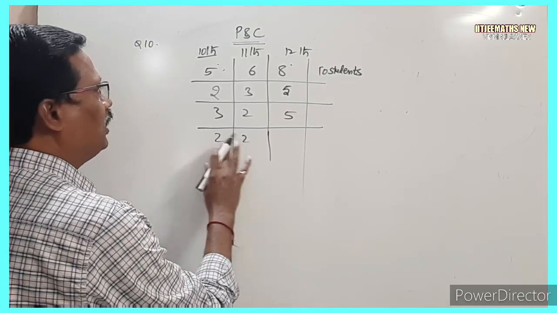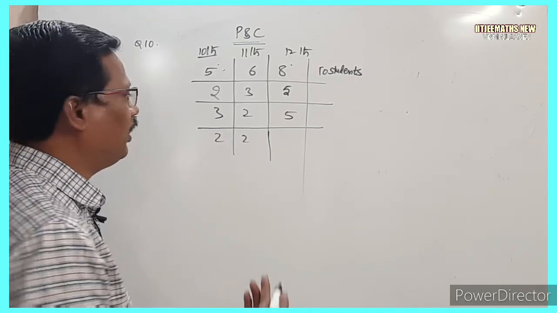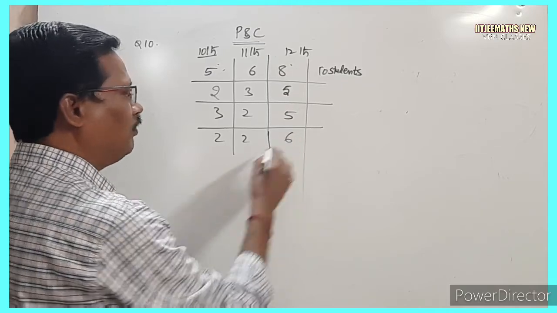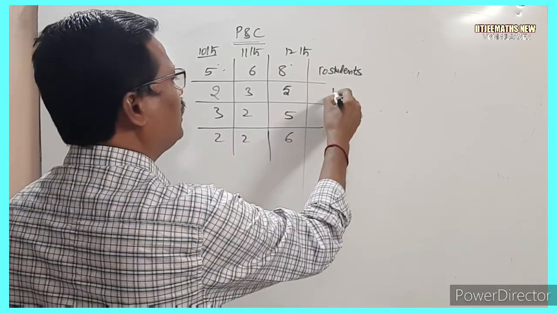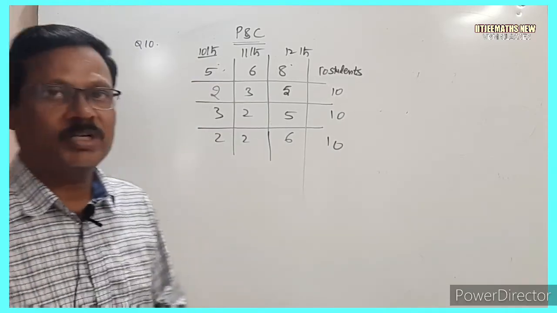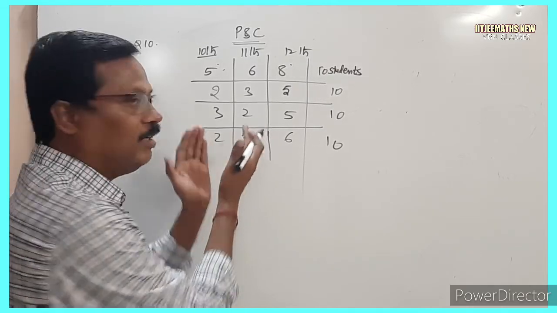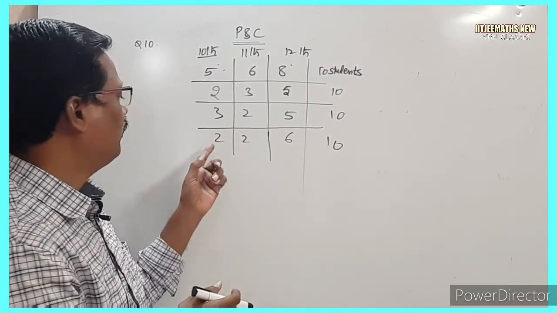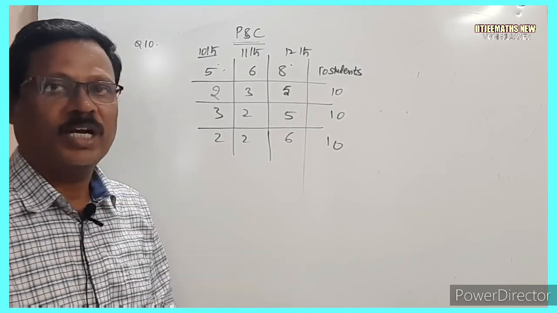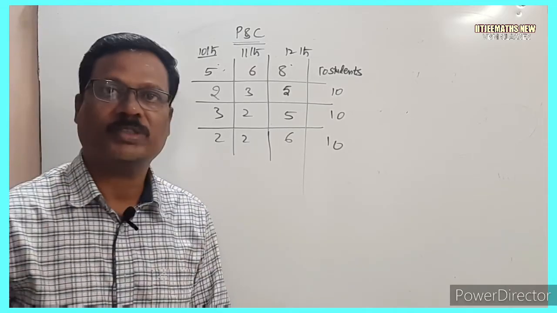Now, if the students selected from the 10th and 11th are 2 plus 2, that is 4, which is less than 5. And how many students from the 12th do we want? 6, because we want 10 students each time. Is there any other possibility? There is no other possibility. Suppose we want 3 together from the 10th and 11th, then it would be 2 and 1, but they ask for at least 2 students from each section. That's why that case is not possible.